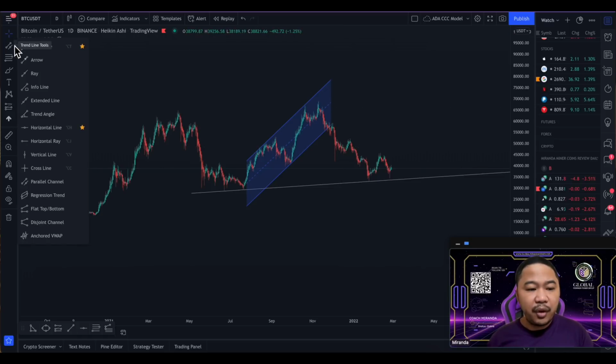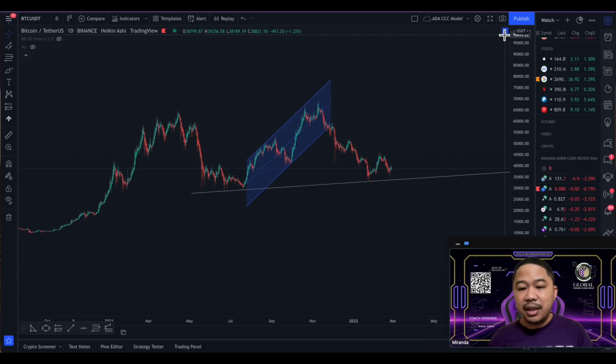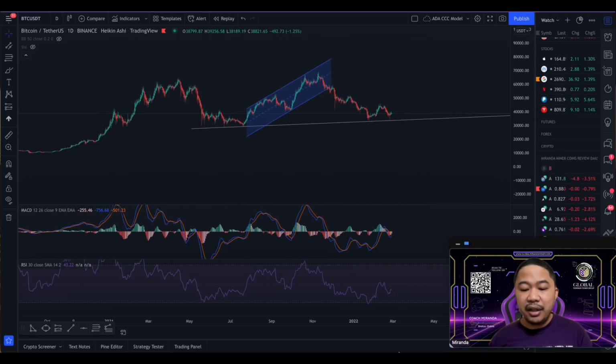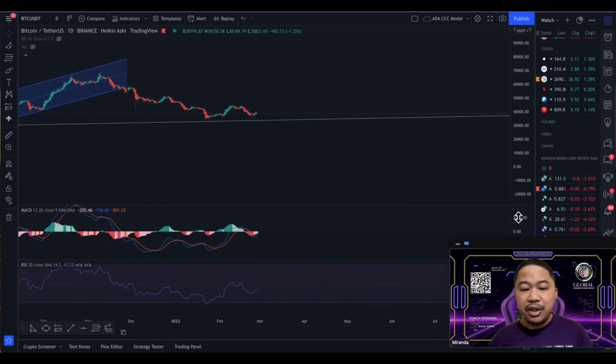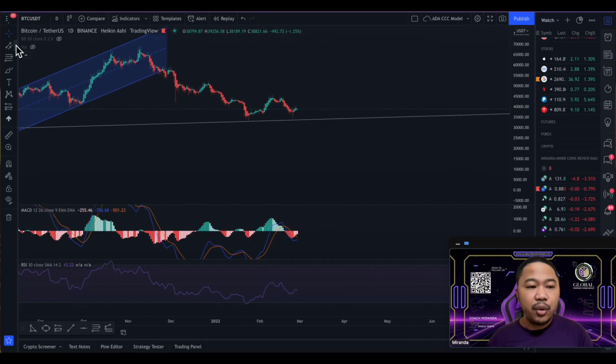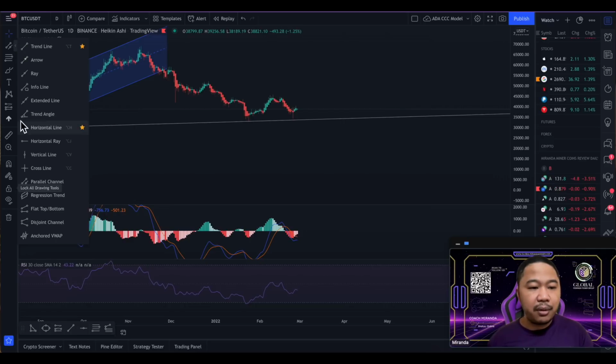Obviously, after that, we look at the other mostly used trend lines or drawing tools within this trend line family. Obviously, you have the vertical line as well. Vertical line is actually used when you would like to see the particular candle and where it is connected in a particular oscillator. As an example, if you would like to make sure if MACD has already created a bullish signal and you would like to know at what particular candle it showed a bullish signal, you're going to pull up your